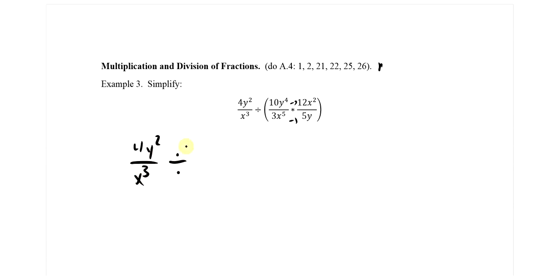So we have 4y squared over x cubed times 10 times 12 is 120. y to the fourth times x squared. Usually you write them in alphabetical order, so x is first and then y's. And then you multiply across the bottom. 3 times 5 is 15. x to the fifth and a y. Excellent. Now you can simplify